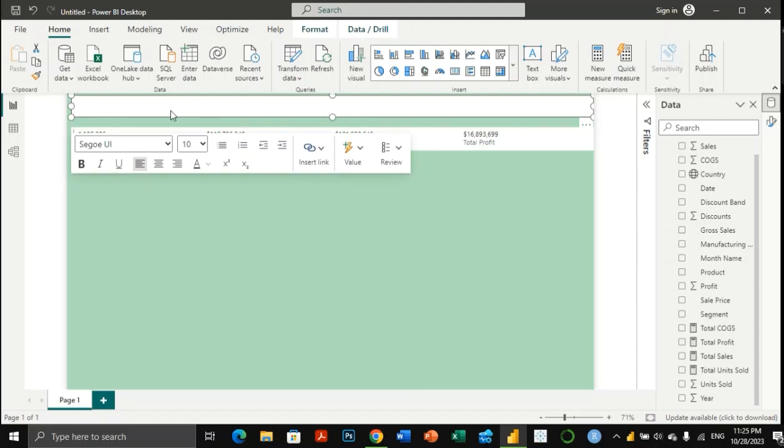So let me say the Gen Z Analysts Power BI dashboard. So I'm going to, let me say, financial dashboard. So the Gen Z Analysts Power BI dashboard,